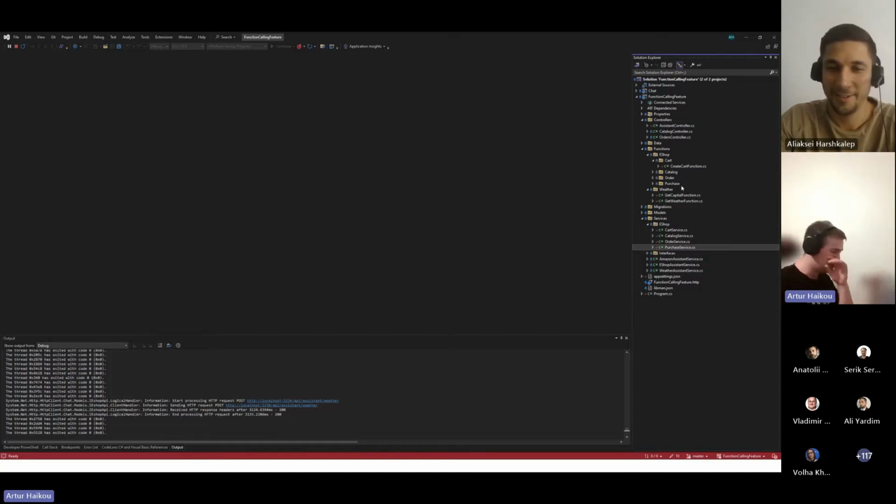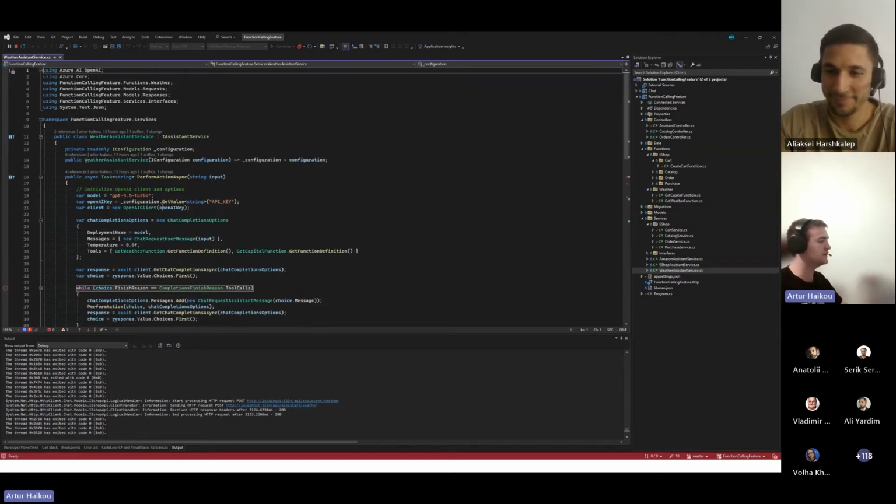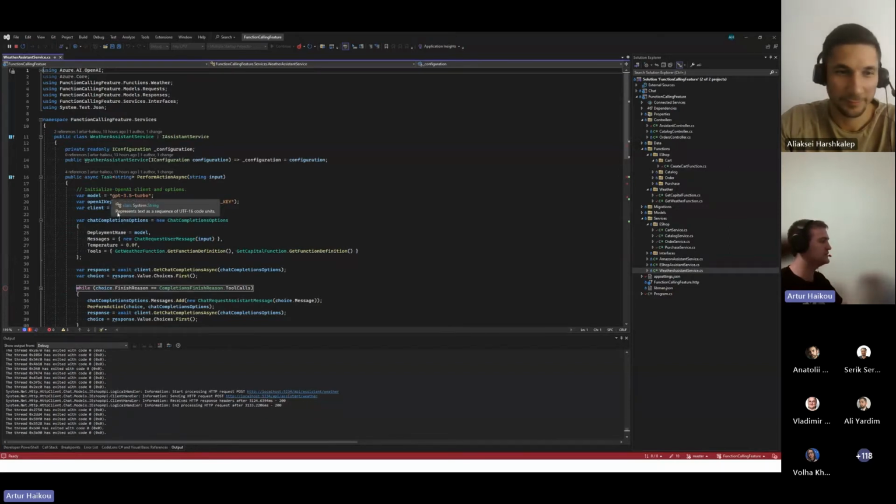But in reality, it always returns the same data, because, as I said, we receive this information from our application, and this data is static. To achieve it, let's go to the first weather assistant service, where we define the OpenAI client, first of all, and the model that we're going to use. I used GPT 3.5 because it's cheaper for me than GPT 4, but if you have enough money, you can use more